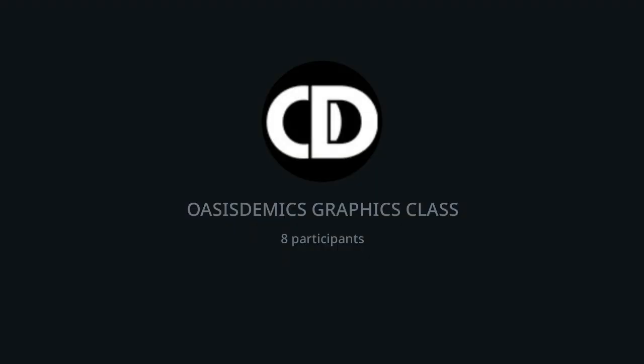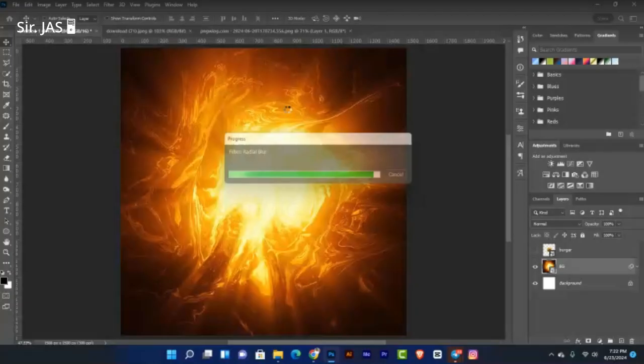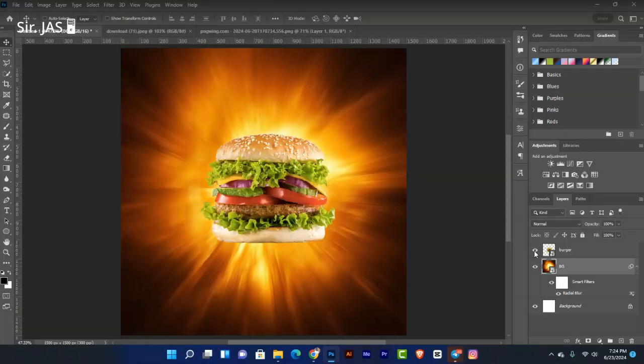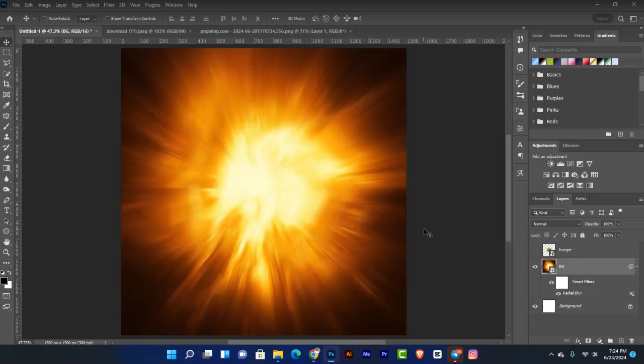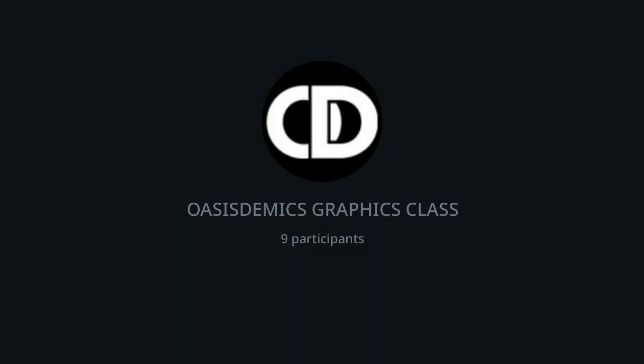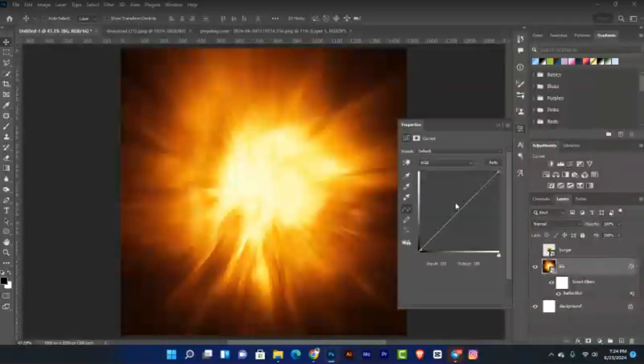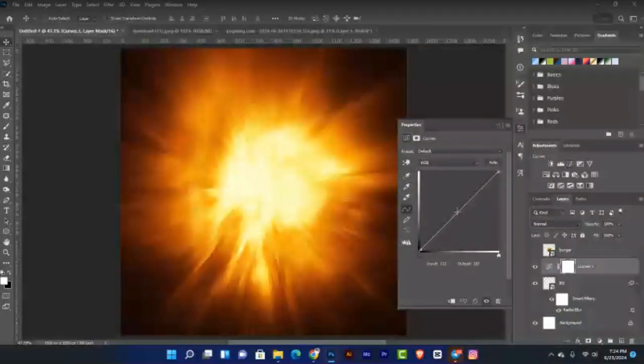Okay, so you are going to see what I'm talking about now. Applying this on my design, you will see the way it should come out. I will hit okay. Okay, so for a while. The next thing I'm going to do, the attention will be on the border. Kindly let us note that. So this is already dark, right? So I'm going to make it darker and make the center of the design brighter so that this burger will really come out very well. So I'm going to achieve that. I'm going to apply curves, and I will bring down right at